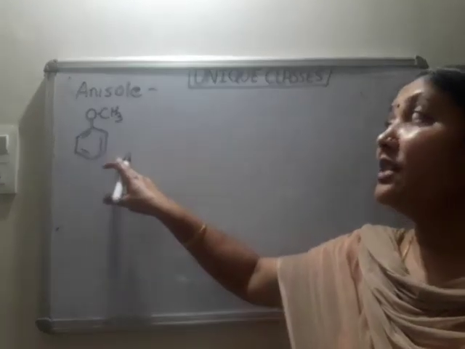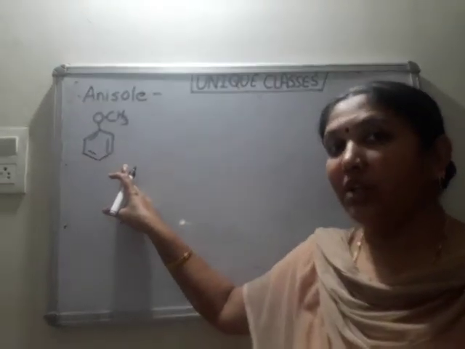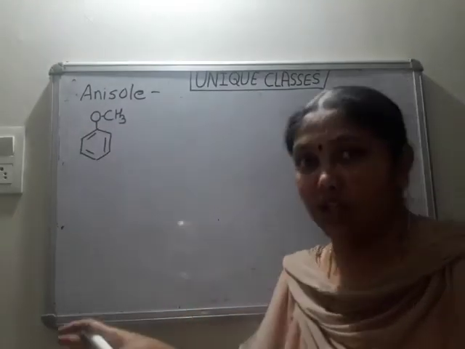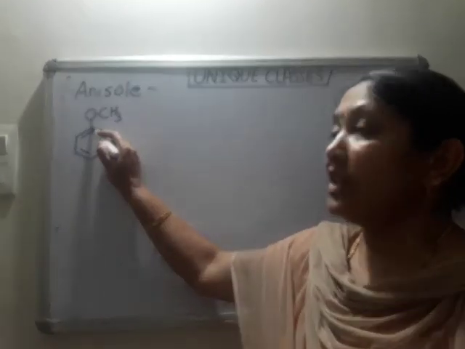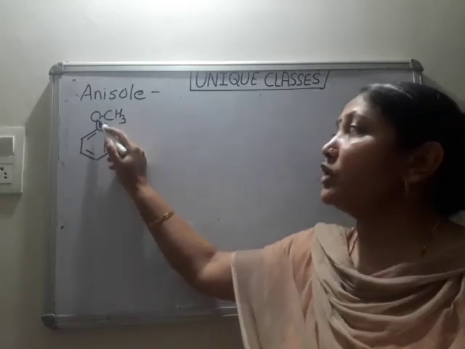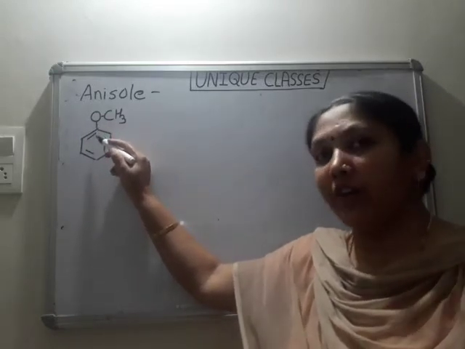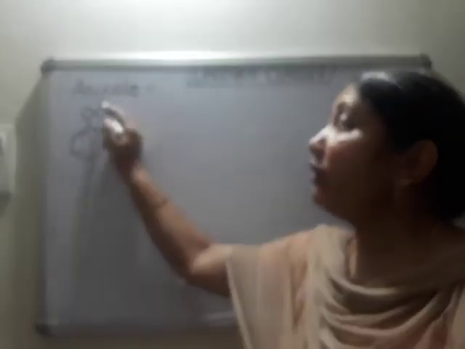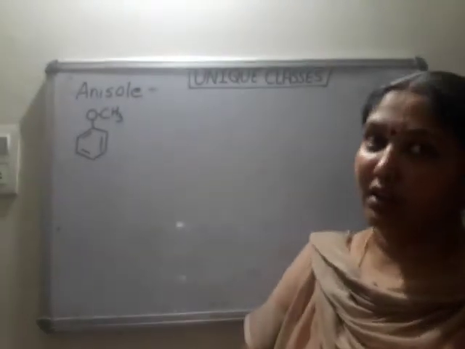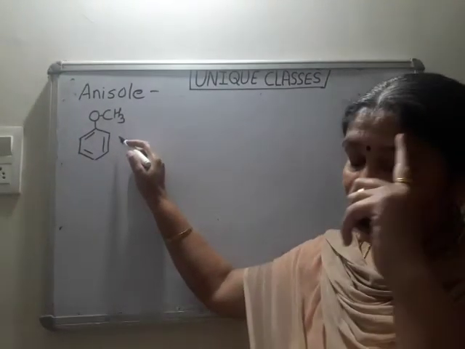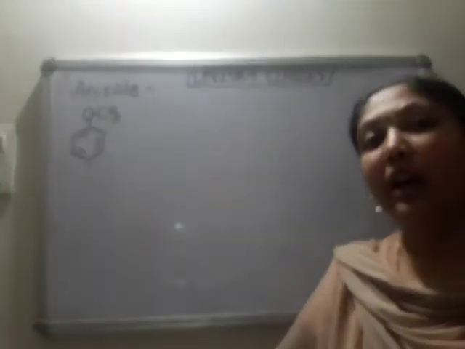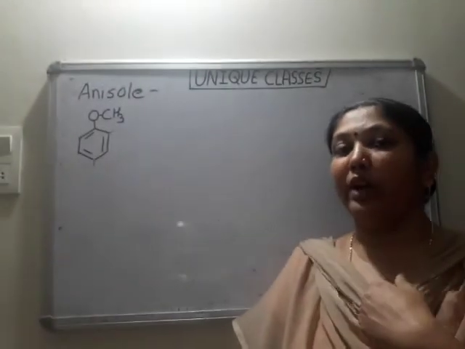See, why does it undergo electrophilic substitution reaction? The reason is it is difficult to remove this OCH3. This carbon is sp2 hybridized, means this bond length is shorter, means this bond is stronger and it is difficult to break. So instead of removing or replacing this OCH3 group by any other functional group, it provides its hydrogen at ortho and para position, and substitution takes place at ortho and para position.